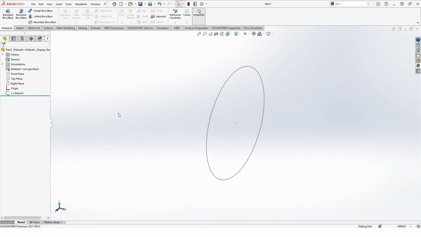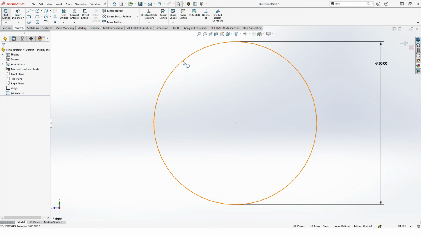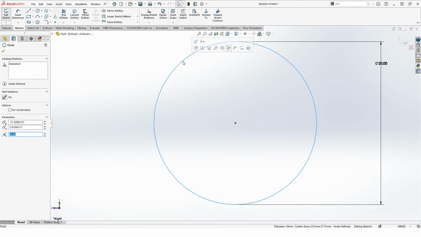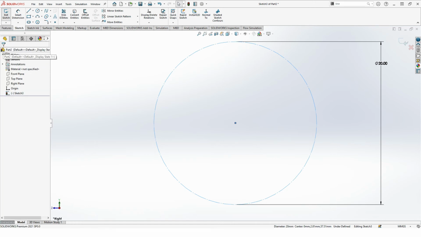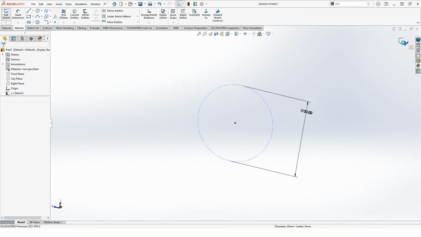It will delete. Go back to the sketch and edit. Now click the circle line and just change it to for construction. Click. Now it is changed to the construction center line. Just exit the sketch,